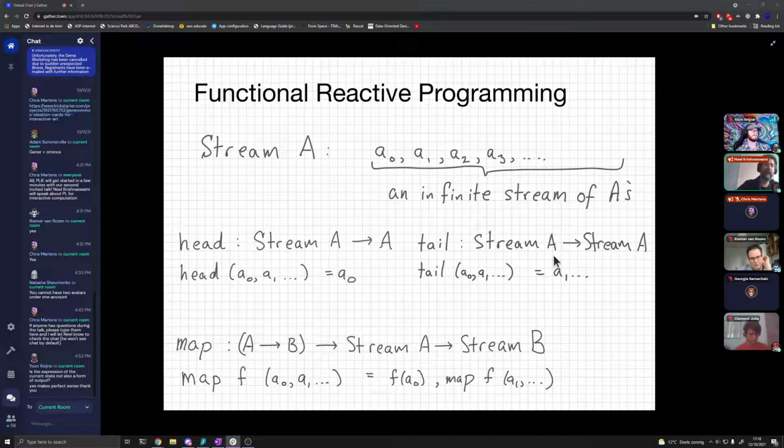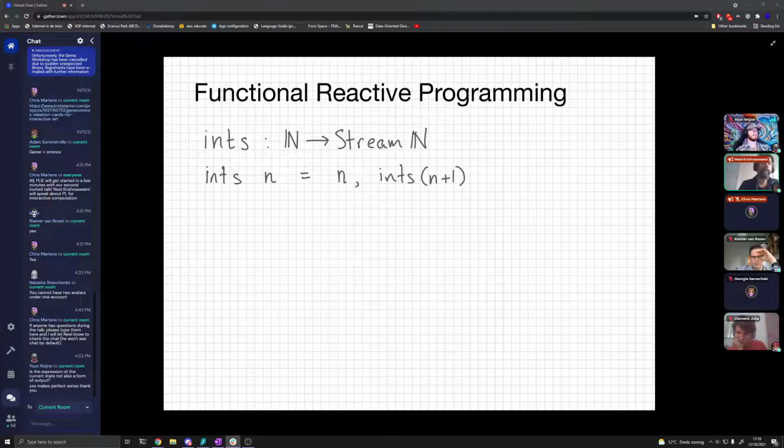And you can also map over streams. If you have a function f from A to B, you can apply that function f to every element of the stream and turn a stream of A's into a stream of B's. If you think about this as an iterator, every time you produce the next element, you apply f to it, and now you have that element of B that you were hoping for. So we're producing unbounded streams of elements, and using an API like this, we can write programs that manipulate streams.